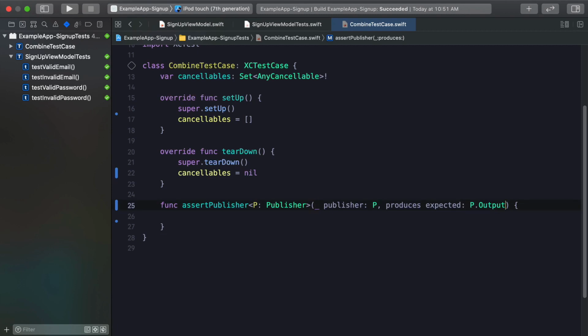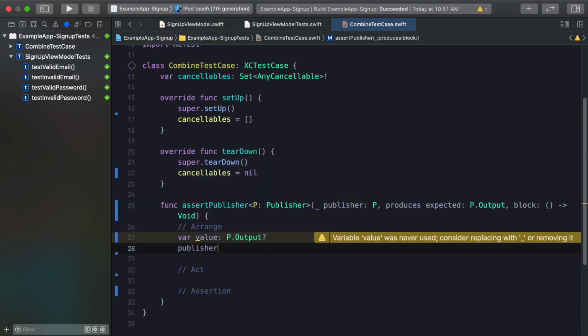And then we need to pass in what action we're going to be taking on this publisher in order to produce that output. So I want to take a block here, and this will be a block that takes nothing and returns nothing. And now we can set up our test again. So this will be arrange, we'll have act, and we'll have our assertion at the end. So we'll start by getting the value that we're getting out of this, which will be an optional P.Output. Then we can subscribe to this. So we'll say publisher, and this time we'll say sink, we'll say value equals $0, store